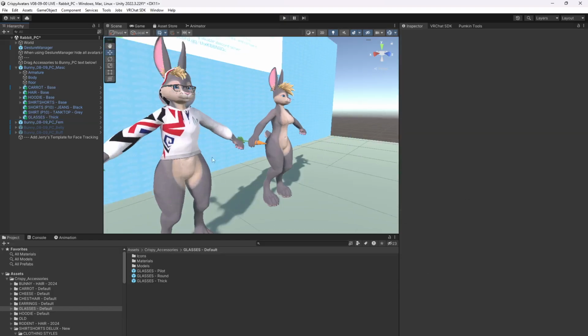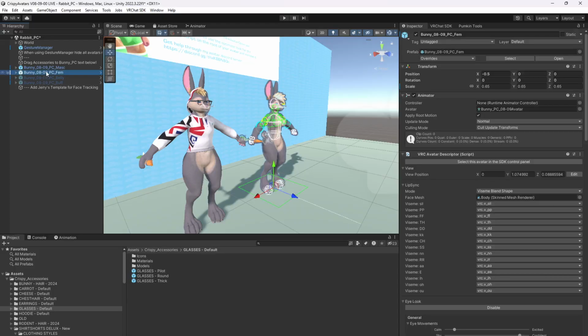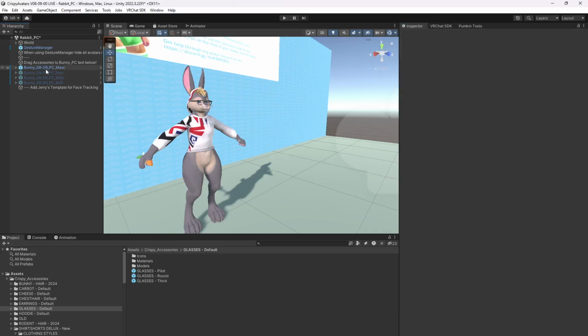Okay, I think that's probably all that this particular avatar needs. So what I'm going to do now is test this avatar in Unity. I'm not going to upload it. Just to make sure we're not confusing these 2 avatars, I'm going to select the Fem avatar, come up to the inspector window, and click this little tick box and untick it. And now I just have this masculine rabbit